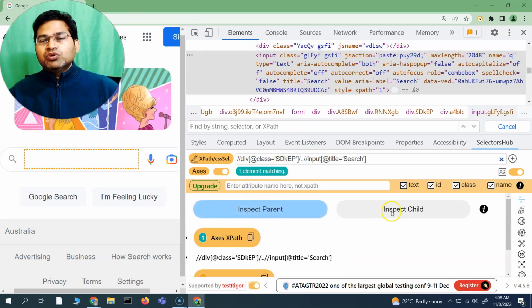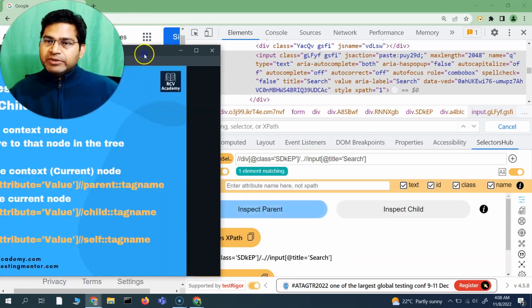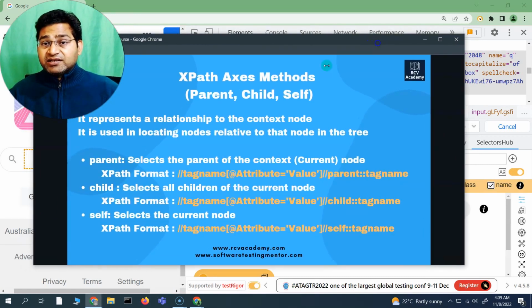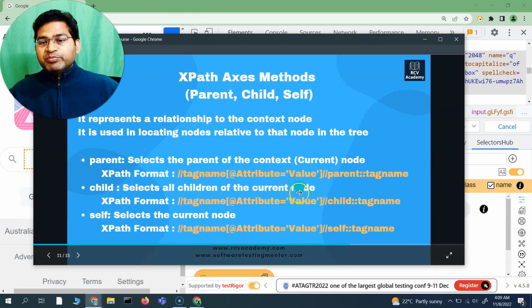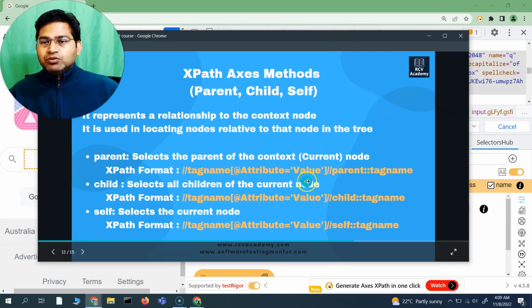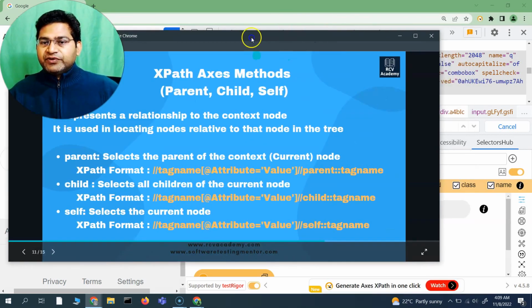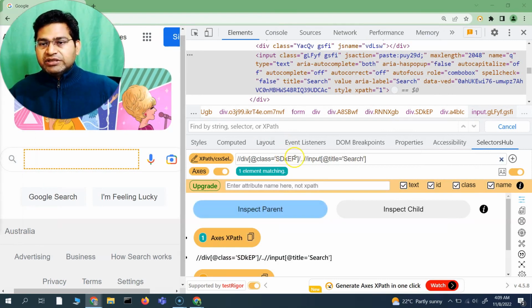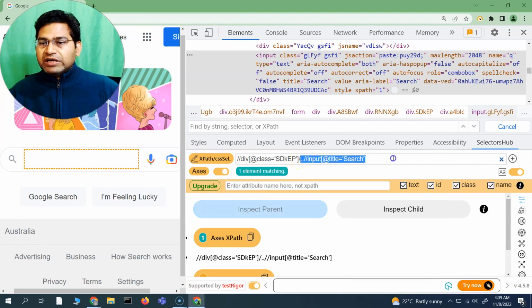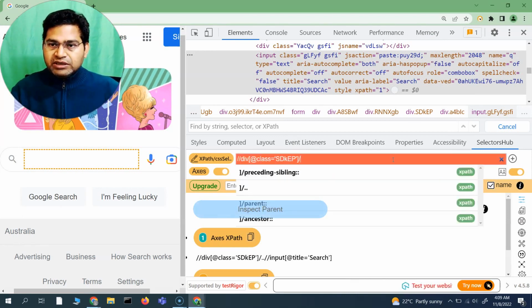So this is how you are going to generate access XPath automatically in XPath or in SelectorsHub, okay? Now this is for parent and child. Now if I have to use this particular method to write the access XPath, the one that you see here is automatically generated. But if I have to use this same approach to write manually, so what I'll do is I'll simply go